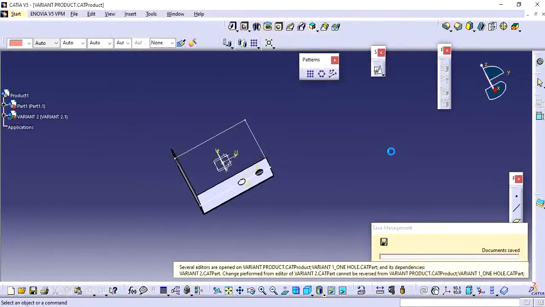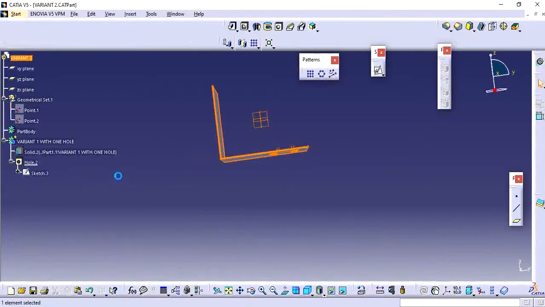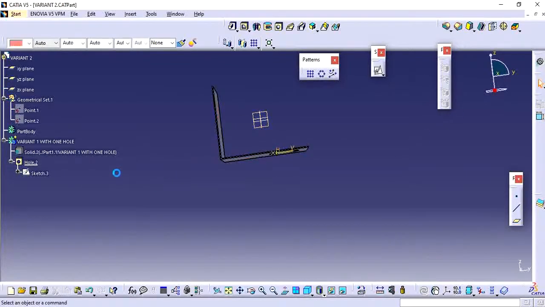Just give save. So this is how you need to do the publications. As per your requirement, you can create a number of publications.